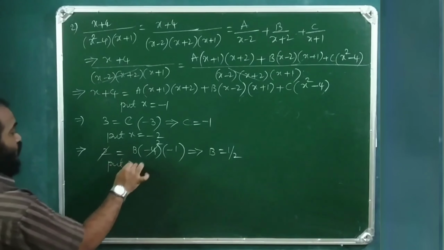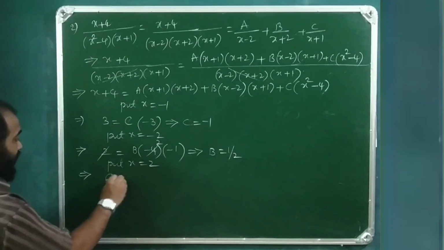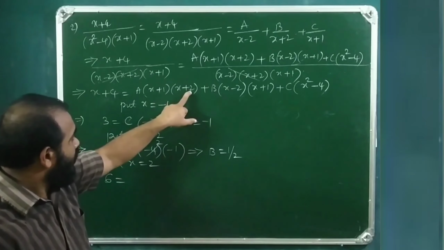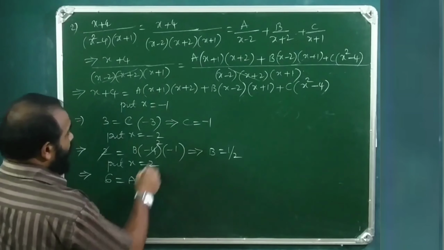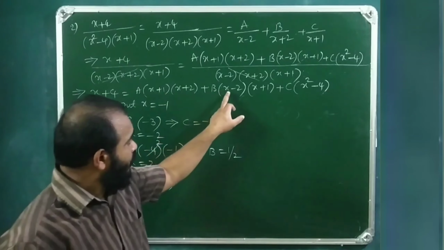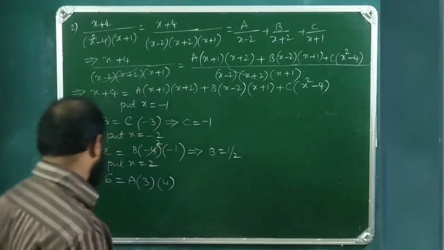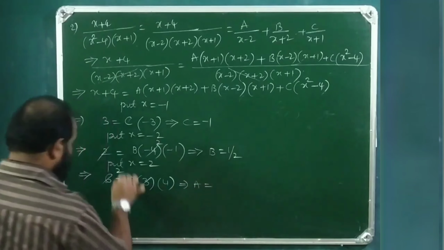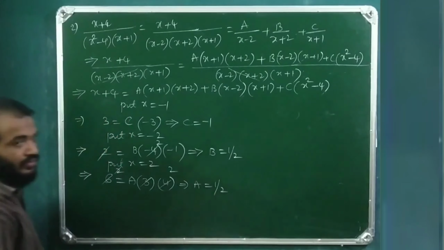Likewise, put x is equals to 2. If you substitute here, 2 plus 4, 6 is equals to 2 plus 2, 4. So this is a into 2 plus 1, 3. 2 plus 2 is 4. So the 2, if you substitute here, 2 minus 2, 0 into something, 0. 2 square, 4 minus 4, 0. So this is 3 2's. So a is equals to 2 2's. So a is equals to 1 by 2. Therefore,